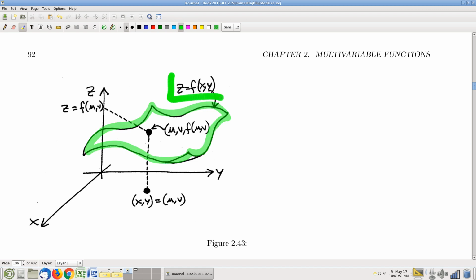And suppose that surface is a graph. Now, reminder, when you have a graph, if you have two input variables and one output variable, then the graph means for every point down here in the xy plane, you get a corresponding height. Effectively, this f tells you how to lift the plane up in different amounts in different places to make this surface. Right? So with a surface in 3 space, the function whose graph you're looking at is a function of 2